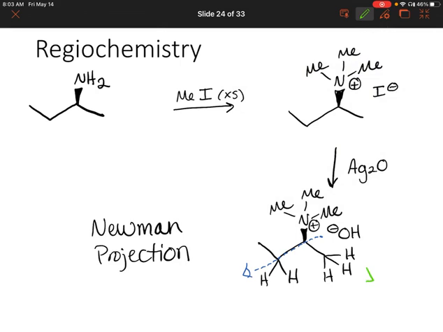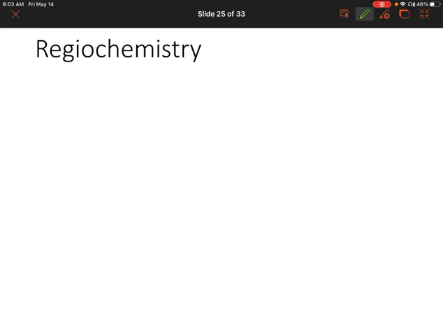If we look down this green bond here, we would actually see that it's more favorable, and this is why we end up forming the less substituted alkene. So let's just draw the Newman projections for both of these scenarios. All right, so for the blue bond,